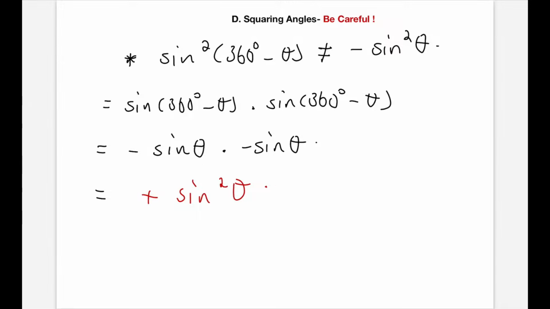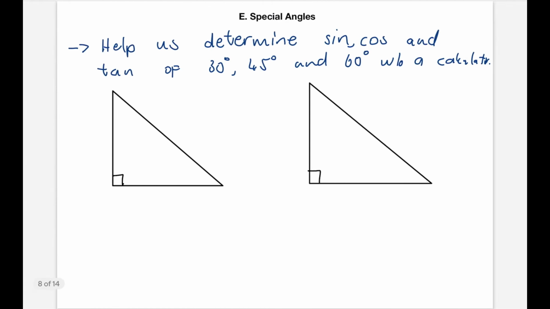Instead of just simplifying them directly, I suggest that you expand it. Great. Let's look at the fifth part in our reduction formula topic. In the fifth part, I want us to talk about special angles. Now, special angles help us determine sine, cos, and tan of 30 degrees, 45 degrees, and 60 degrees without a